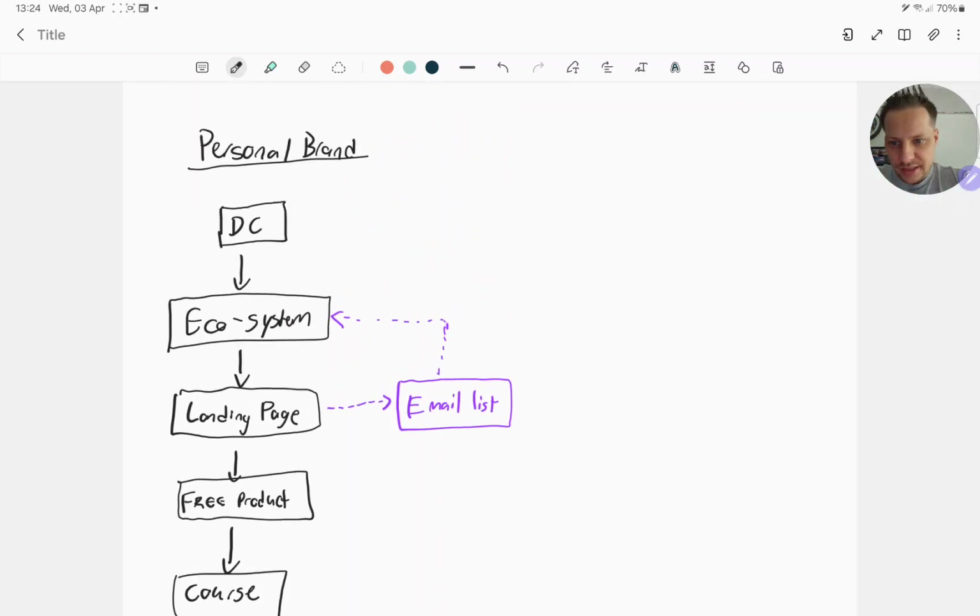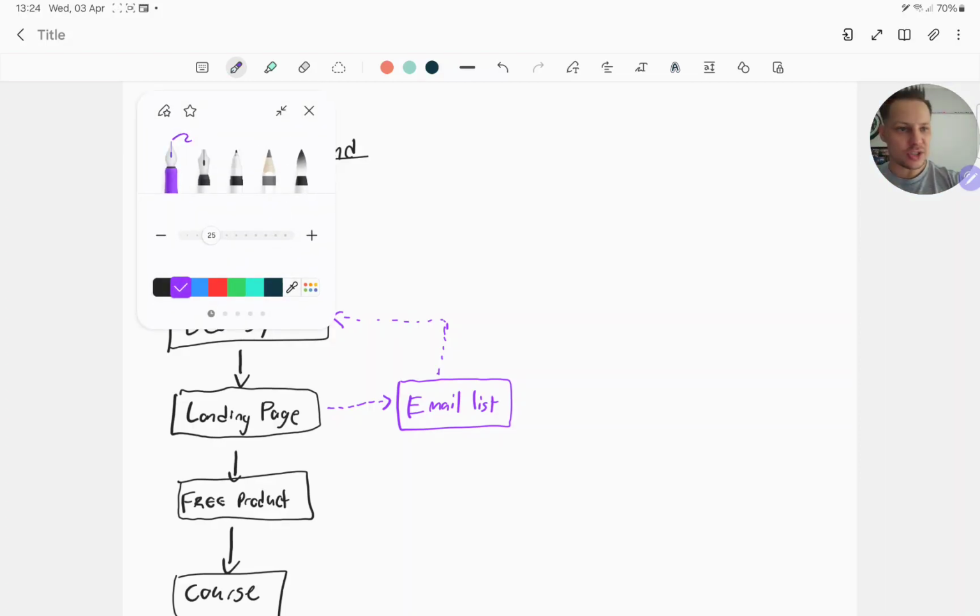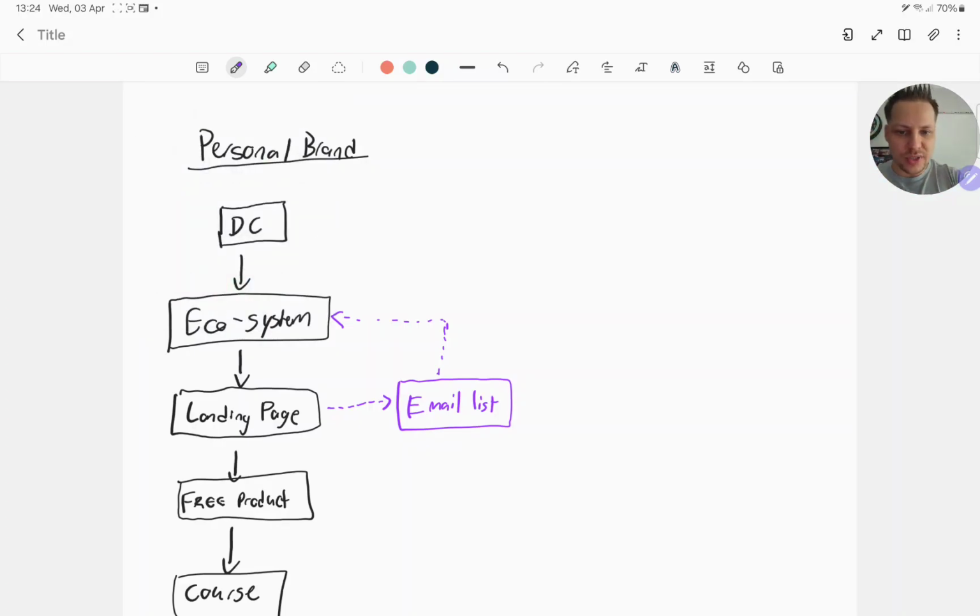The other part of this is when you do reach the 6 or 7 figure mark and you want to kind of expand, right? You'll have another section over here that works kind of in unison with this, right? Let's say on the left-hand side, you have a personal brand and you're busy teaching real estate people how to sell houses, right?